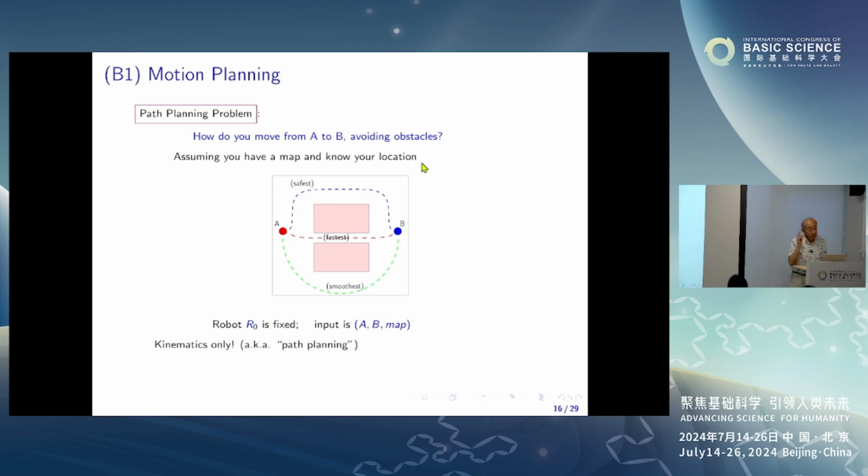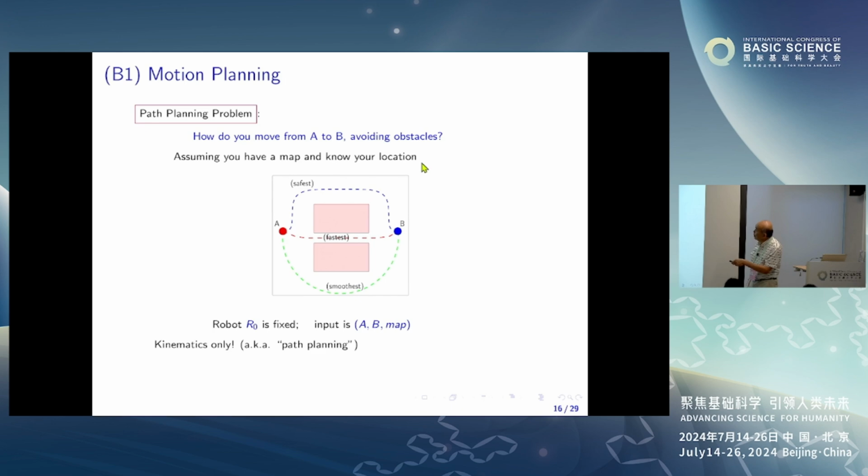I'll talk about motion planning. So motion planning is something in robotics. Assume that you want to move from point A to point B, and you want to avoid obstacles. And the obstacles, let's say in this picture here, are these two pink rectangles, and A is this point, B is this point, and there are of course three different